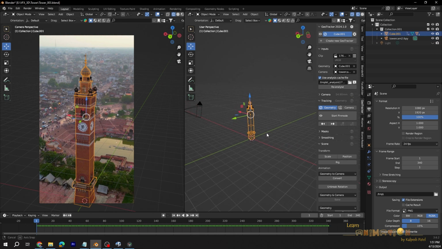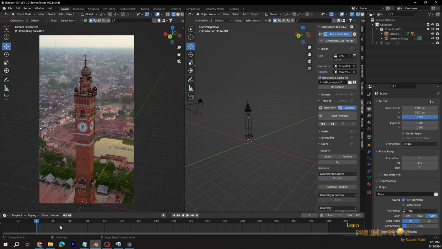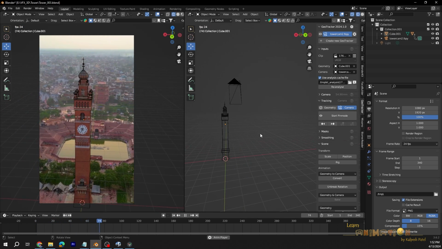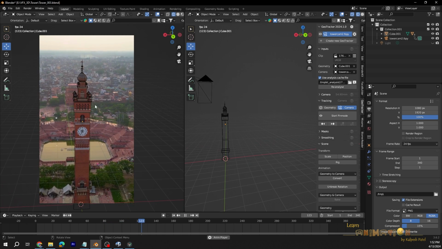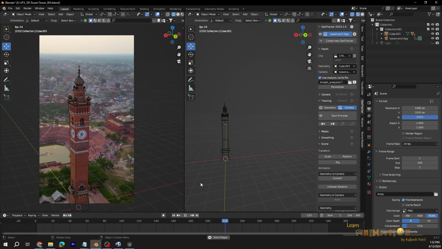Just select that geometry, or if you don't select, that doesn't matter. Just click Convert Geometry to Camera and convert it. So the whole animation is going to be on the camera. Now you can see the camera is moving but the geometry is still. Now we got the perfect tracking.